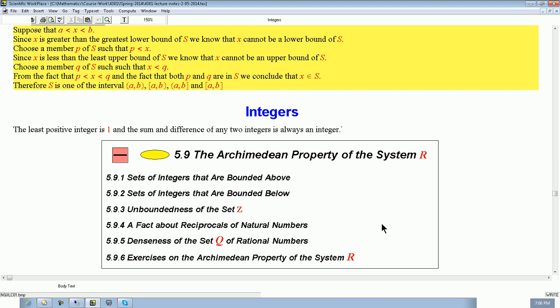Am I correct? An upper bound need not be part of the set. I mean, you would feel, look, if x is a real number, don't you think there jolly well ought to exist some integers above x? Well, your intuitive feel about the number line says that, but I do want to tell you that in the context